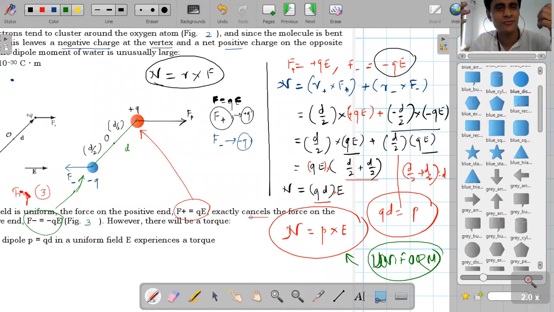What is the relation for torque in uniform field? Dear student, you should write N equal to P cross E. And after using that vector law, you can write P sine theta. Yes or no? Please recall vector and scalar analysis. P cross E, we can write P sine theta, and if theta is 90 degree, therefore torque equals PE, based on different cases. Okay. Now, next point. I think there is no problem up to this level.